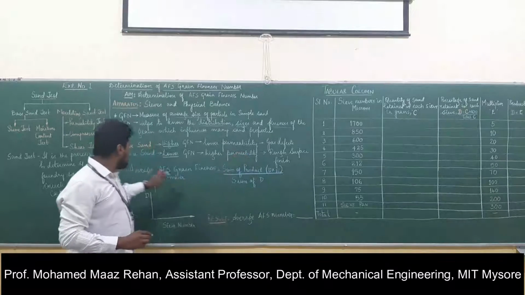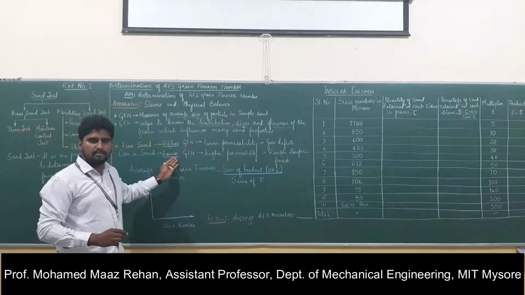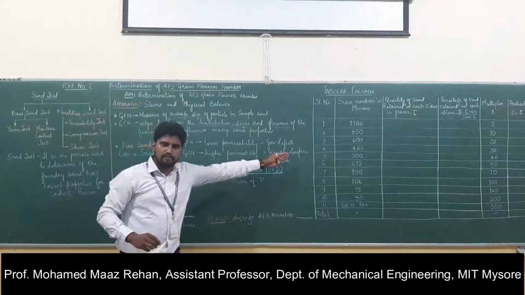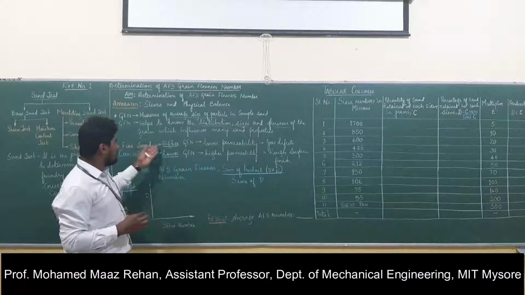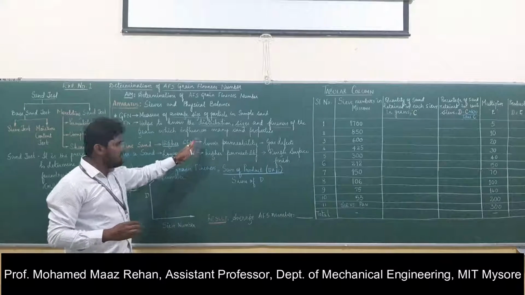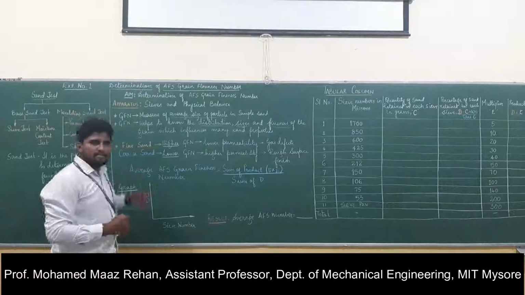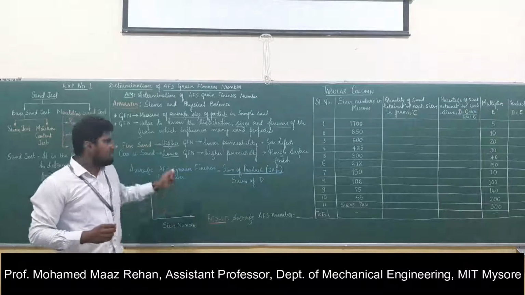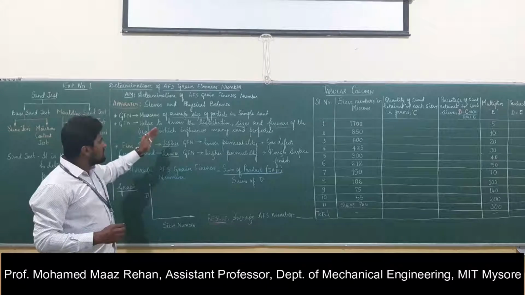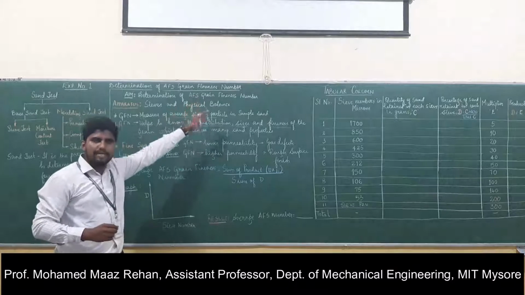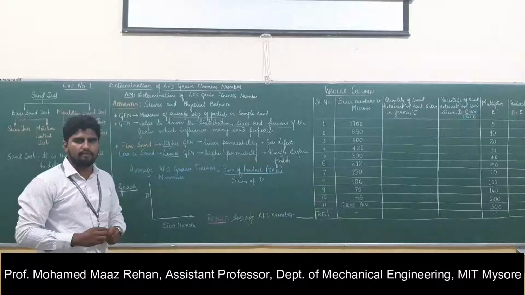So if the sand is coarse enough, we will end up with a lower grain fineness number, which in turn leads to a rough surface finish. And if the sand is very fine, we will end up with a higher grain fineness number, which results in lower permeability. So this plays a critical factor. We need to find the AFS standards, that is, the American Foundry Society standards number.